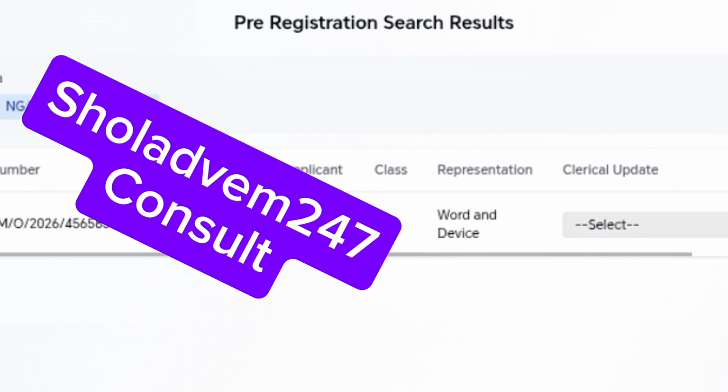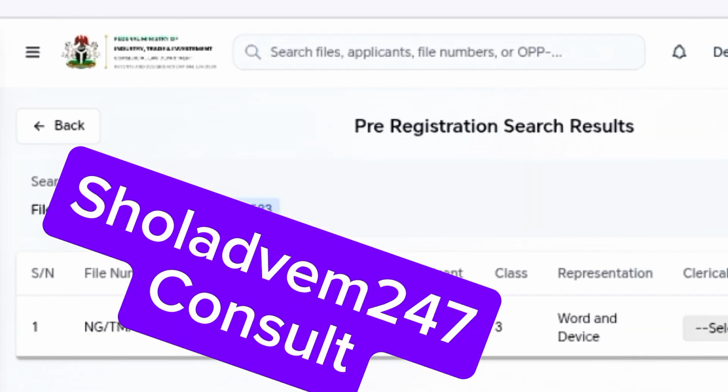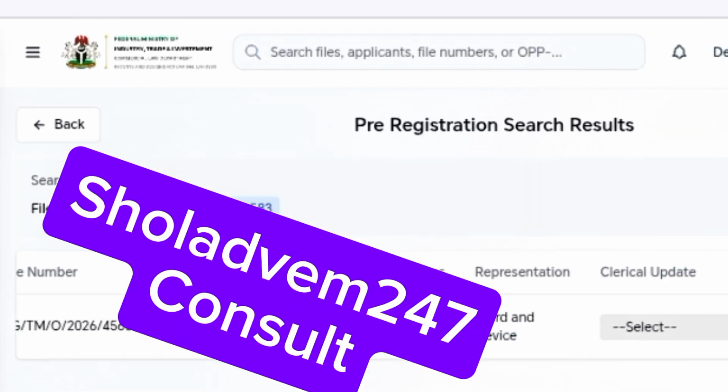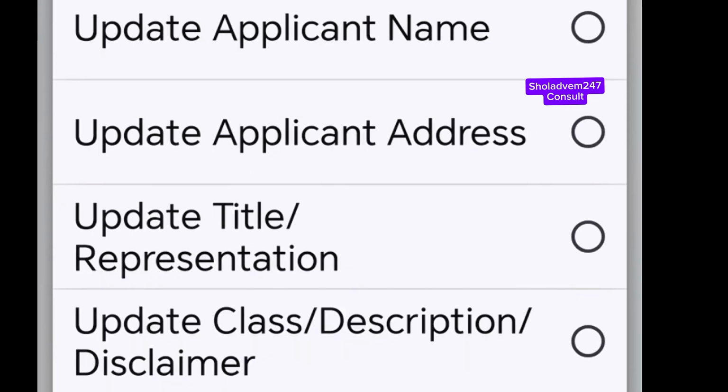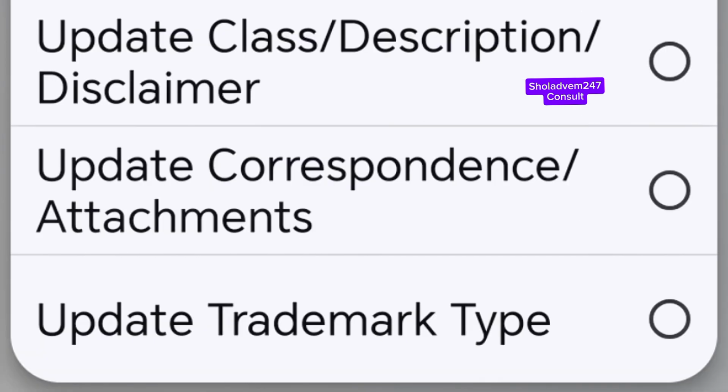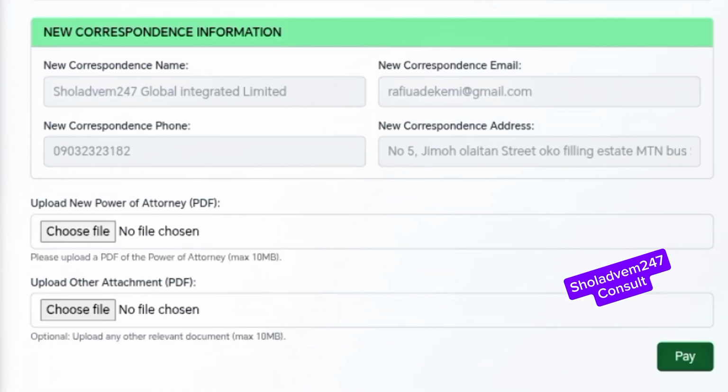The next thing is for you to come down to this particular place where you have select here. Click on this arrow down. It will display this for you. Don't forget, what you want to update is your power of attorney. You need to click on update correspondence/attachments. You click on this, then give it time to load, and boom, it will take you down to this